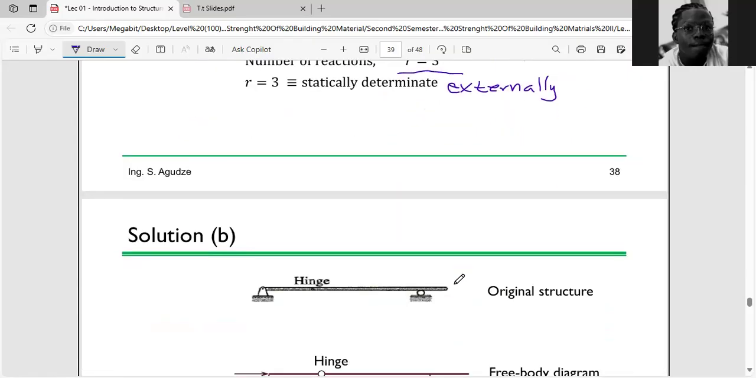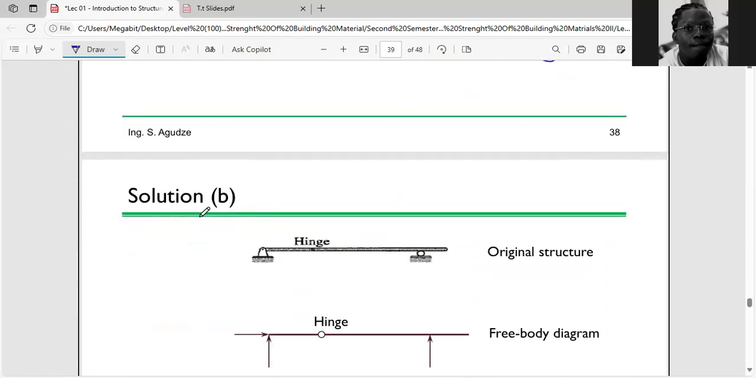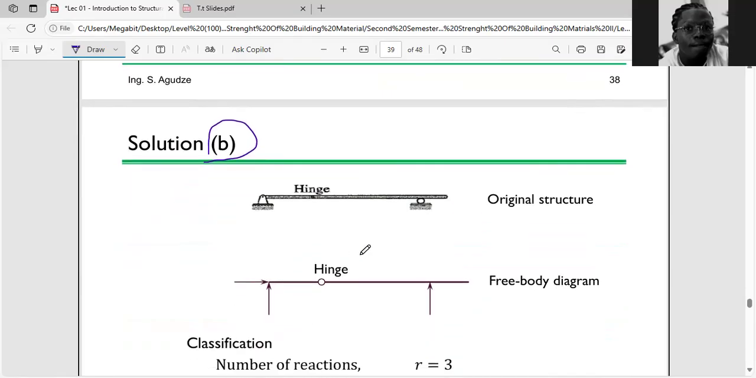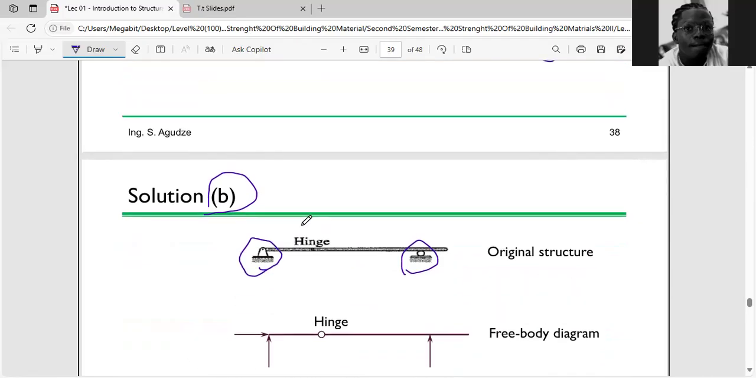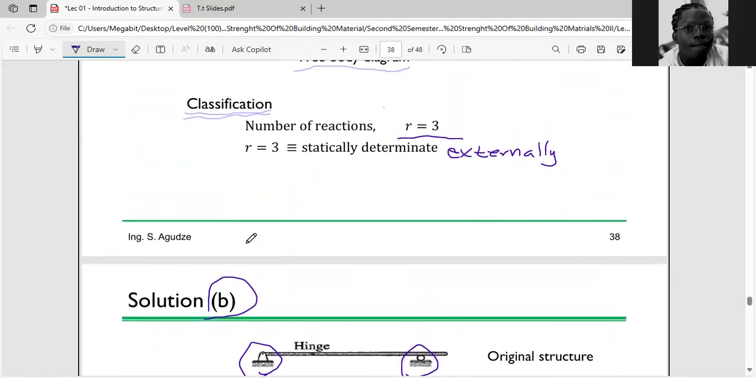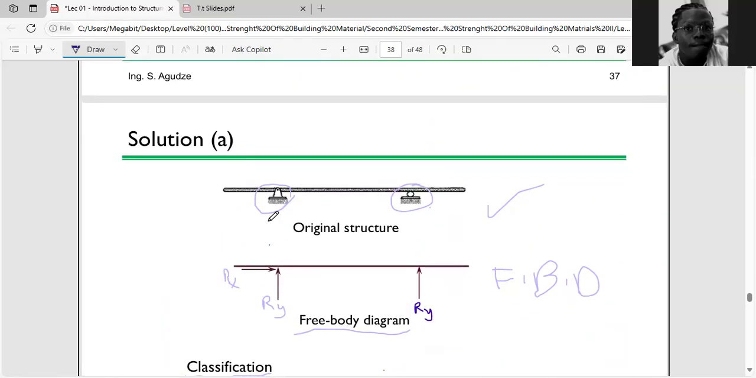Thank you. So in our second question, or let me say the B part of the question, you can see that this beam, or this structure over here, is being supported by a roller and a hinge. But in this case, you have to open your eyes. You realize that question A and question B